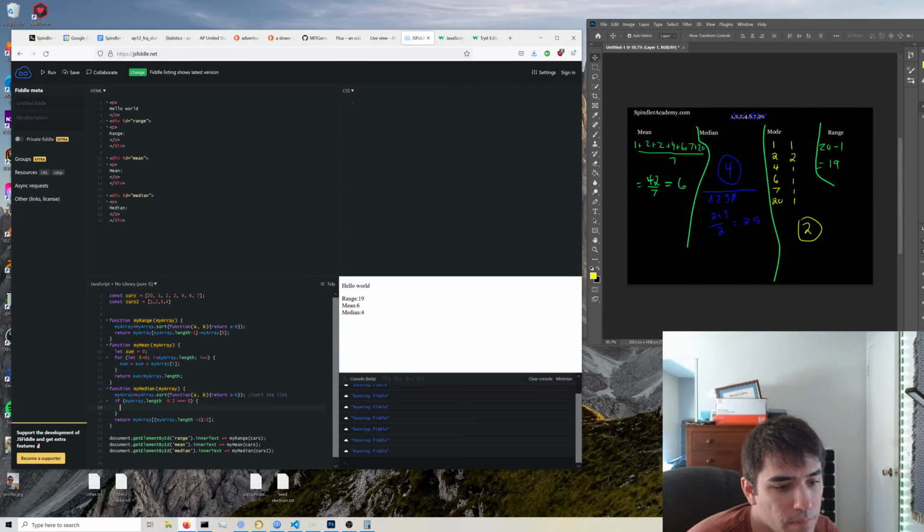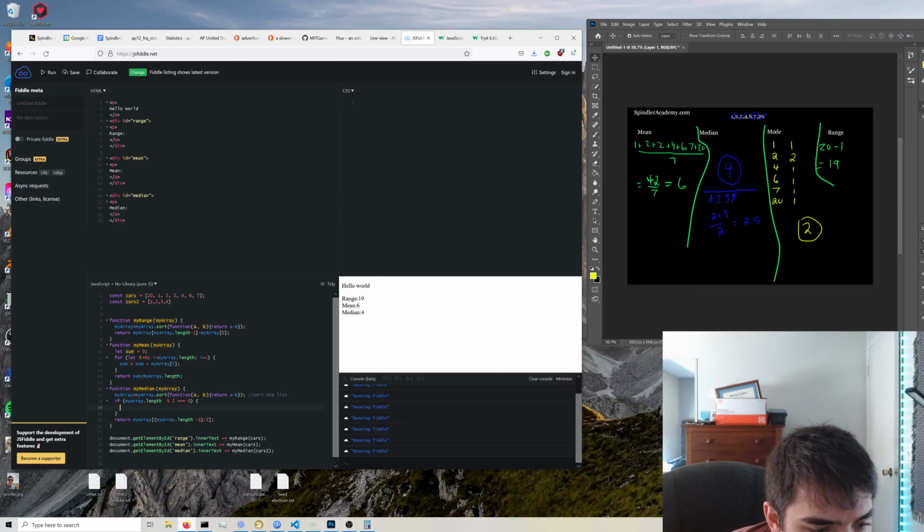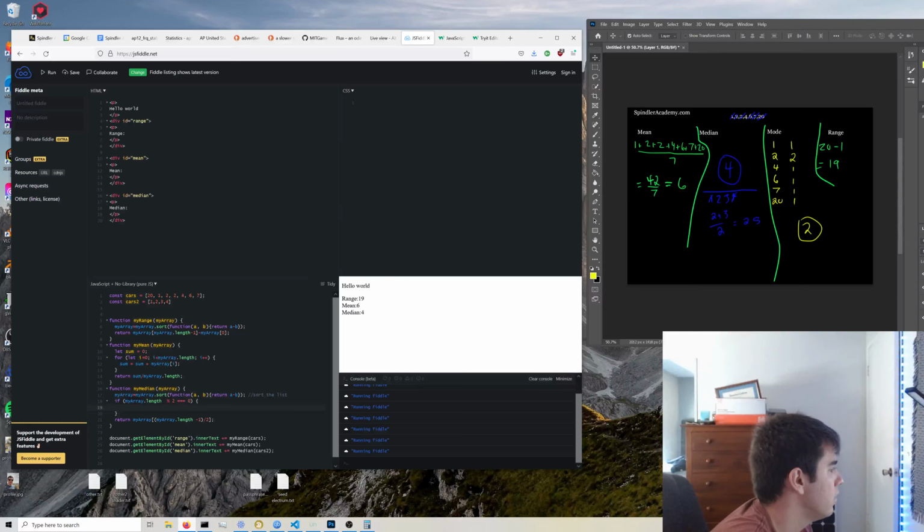Then I mean, this is just, I don't know. You probably won't even watch this, so. Then what do we do? If my array dot length mod 2 is zero, if the length of it is even, then